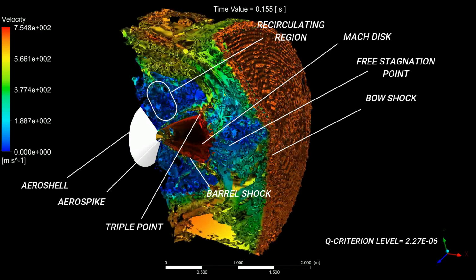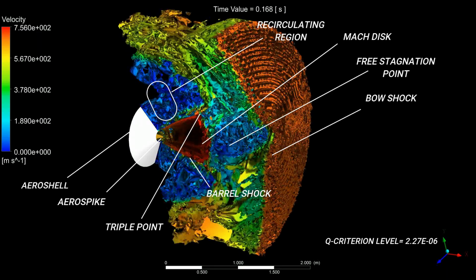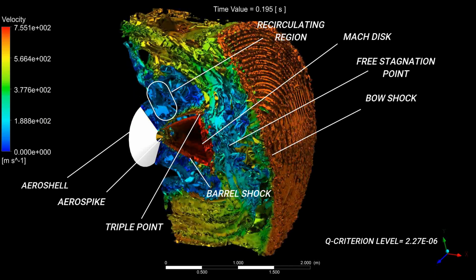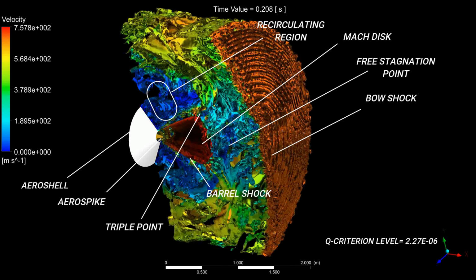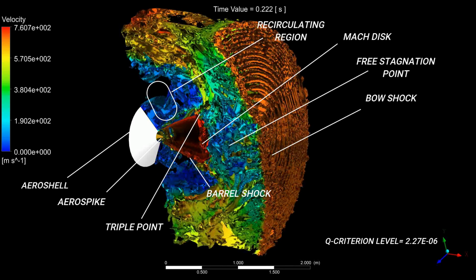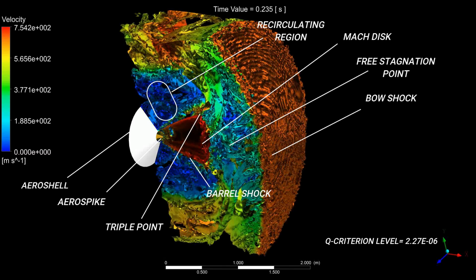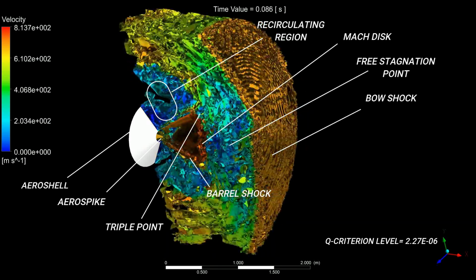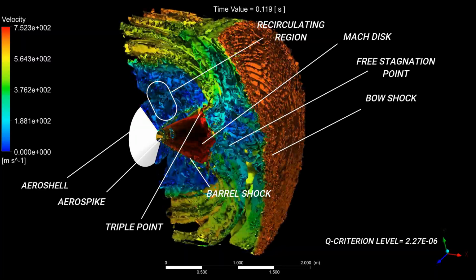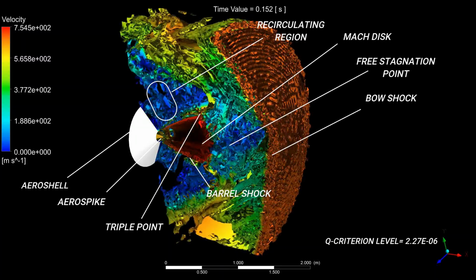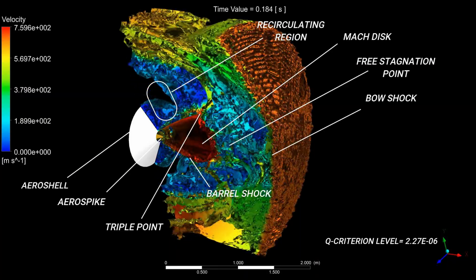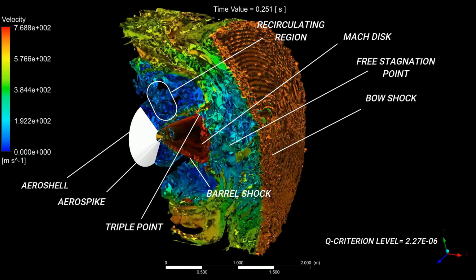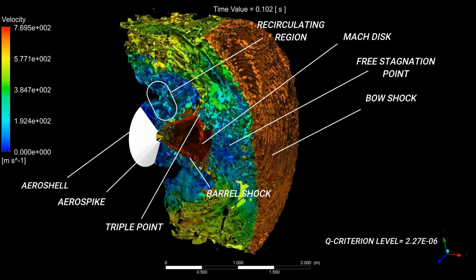Furthermore, the rapid expansion in the jet core reduces the axial pressure to a limiting value at which a strong normal shock wave occurs. This is often referred to as the Mach disk or terminating shock. At the interaction point of the barrel shock and Mach disk, a reflected shock emanates, due to which this region is called the triple point. Again, the flow passing through the Mach disk is subsonic, and so is the region after the bow shock formed by the oncoming supersonic flow. These two subsonic flows interact to form a region with zero velocity, named the free stagnation point.